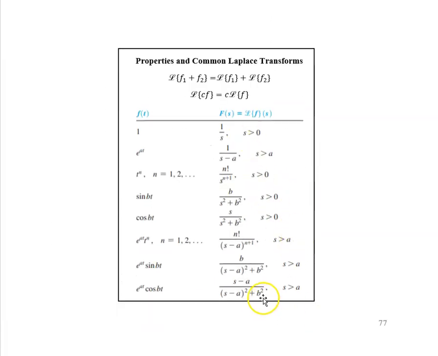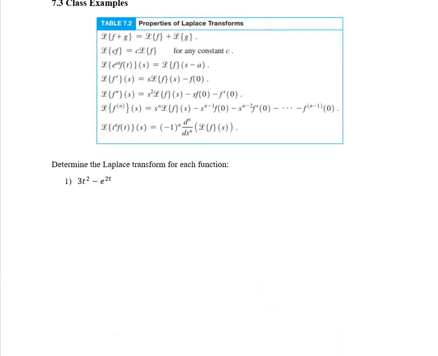Here it is, and this chart is a nice chart. You'll get to use this on the test, so don't worry about that, but you've got to recognize them when you see them. Sine of bt, for example, the Laplace transform for that is b over s squared plus b squared. So we can start with that. So let's go back down here. If I want